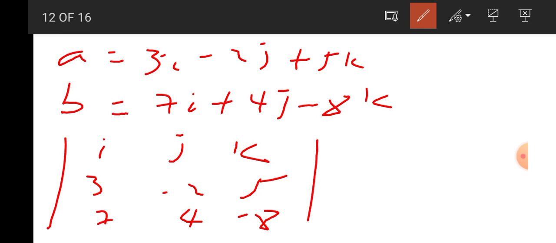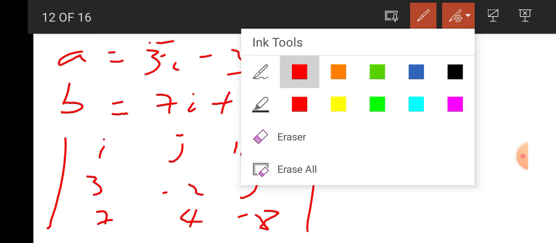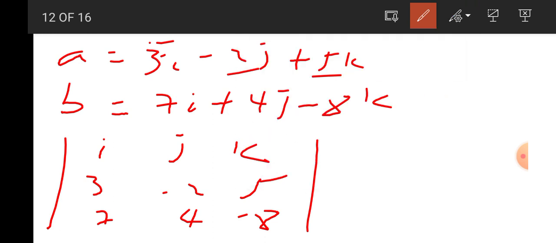We place them in this form: 3 is the coefficient of i for vector A, and the coefficients along j and k are minus 2 and 5. Now finding the cross product, A cross B is equal to minus 2 times minus 8,